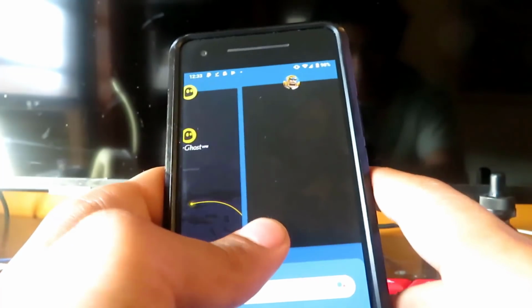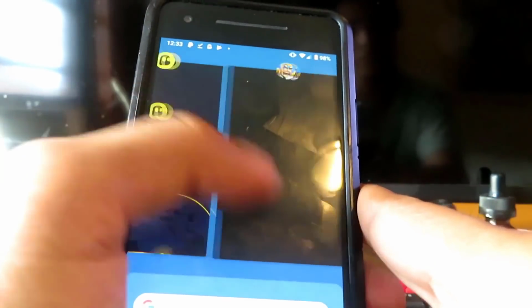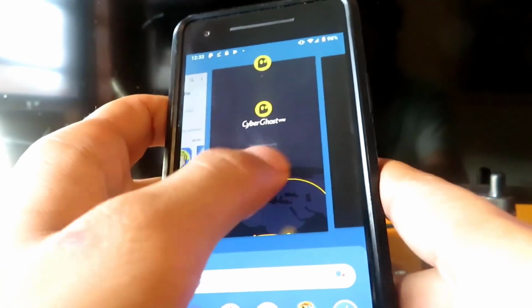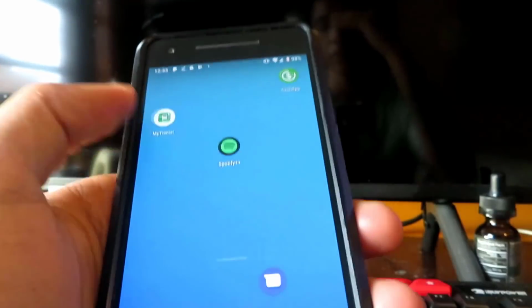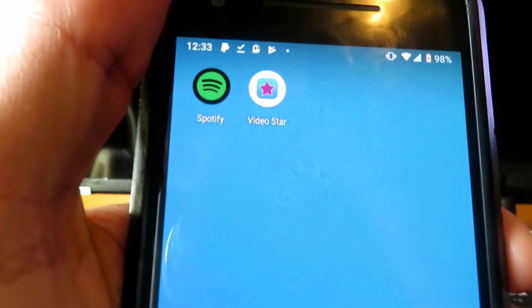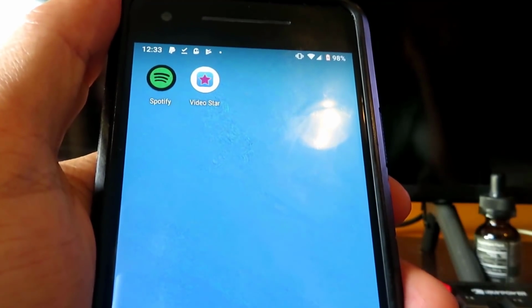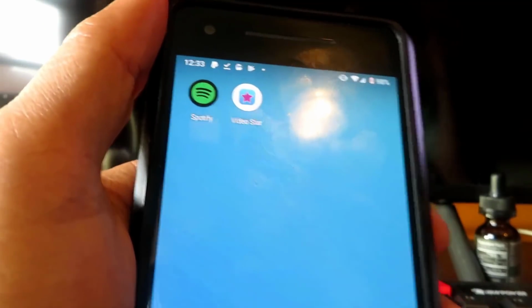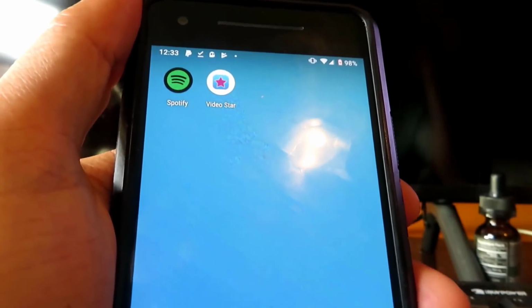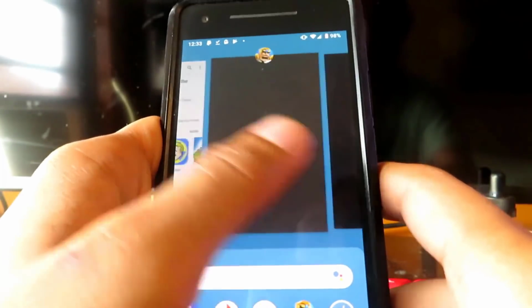So we're almost done. Believe it or not, it only took about 2 to 3 minutes. It's really fast and easy, depending how fast your internet is, to complete the injection process. And once you guys have done that, Videostar will appear on your device. You can go ahead and open it, and it will be the legit app, guys, and all your stuff will be included. You know, the access pass, effects, themes, packs, all that. And once you do it, it will forever be on your device. But if for some reason it doesn't download, go back to that page